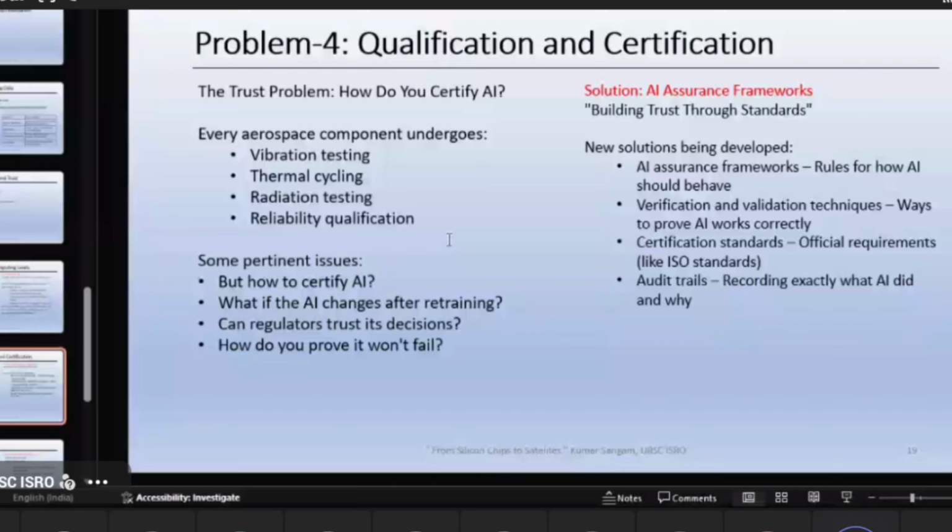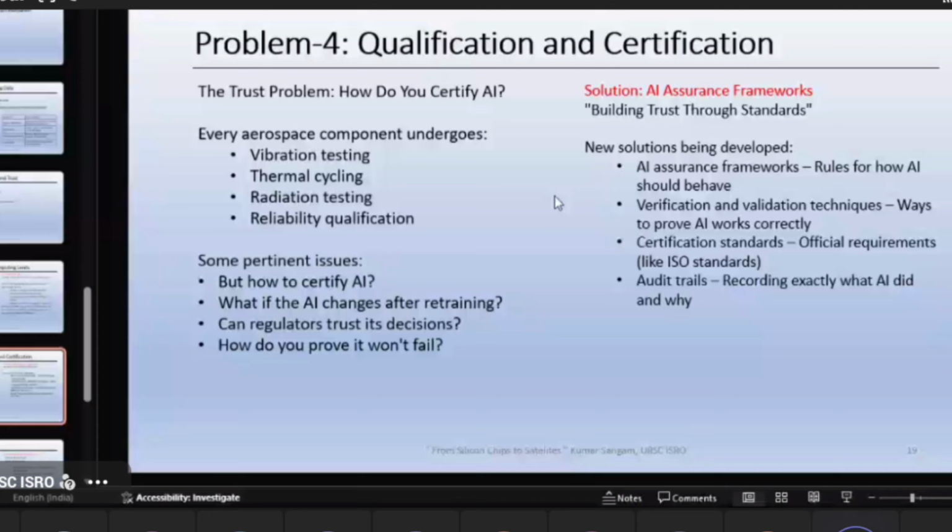But in AI, how will you do that? Because all these things, these four M's, happen very rarely. But AI changes its parameters daily if you train it, right? So the solution is AI assurance frameworks. We need to define a framework standard for how AI should behave: how it should first be trained, what type of data should be captured, and after training, what minimum accepted criteria it should meet to become spaceworthy or site-worthy.